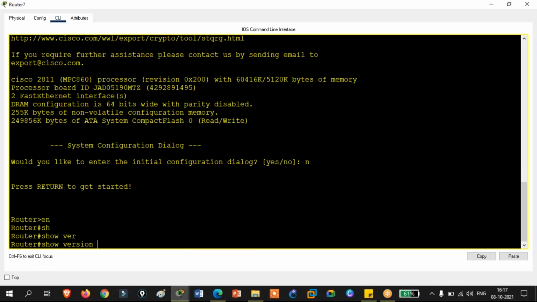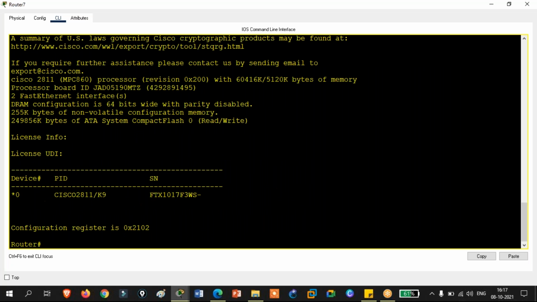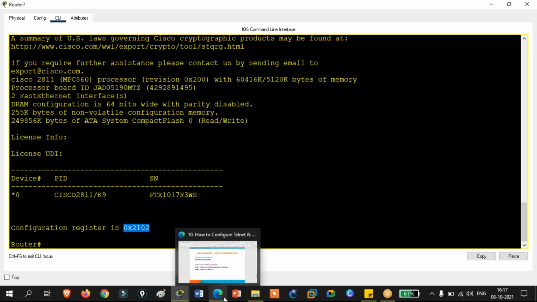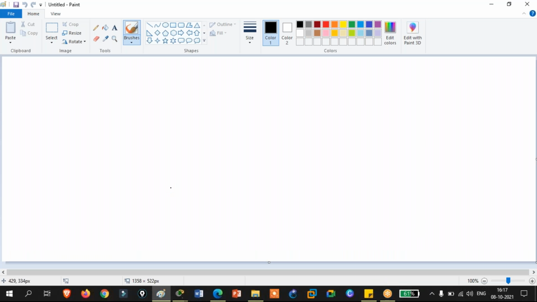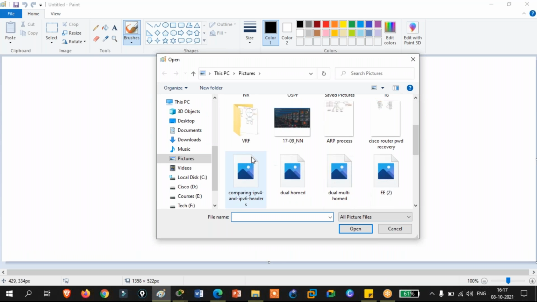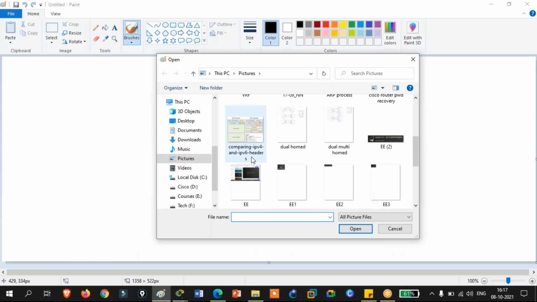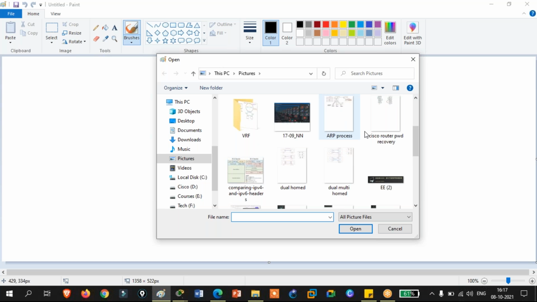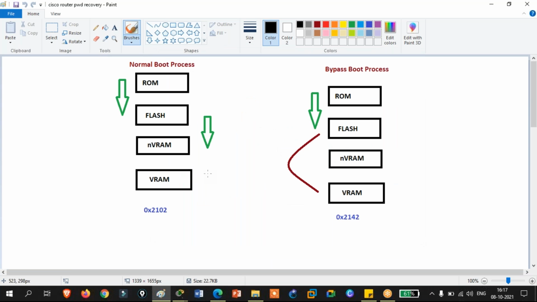How? Show version. What is the value? 0x2102. So if you see here, this value is the default value.